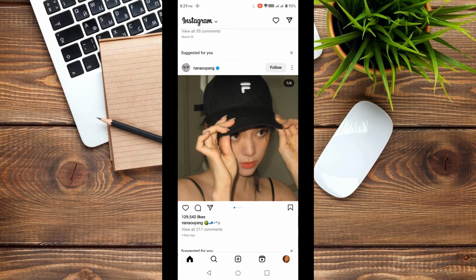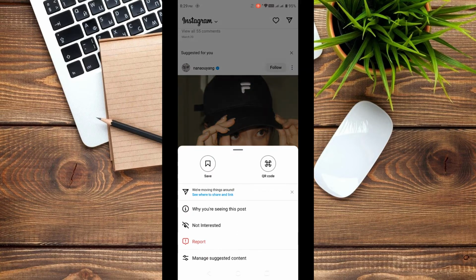Alright, this one. So all you need to do is just to click that three dots that you can see on the upper right corner, which looks like three vertical dots, this one. Okay, and then as you can see in mine, we are not collaborated with each other, but if you are collaborated with each other or you have a collaboration, there will be an option there which you can see stop